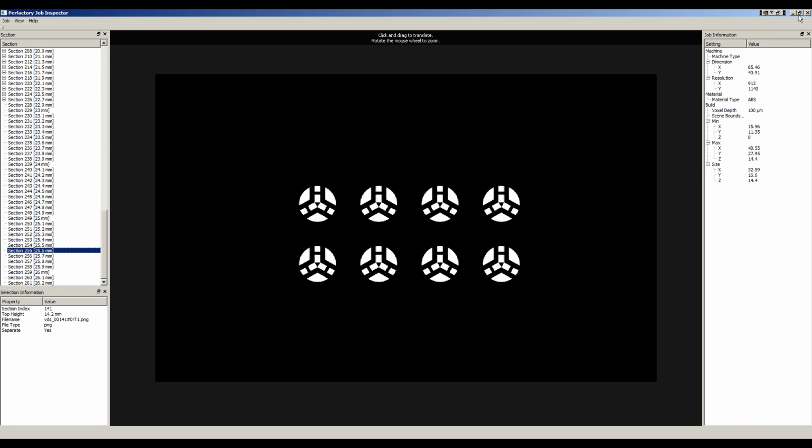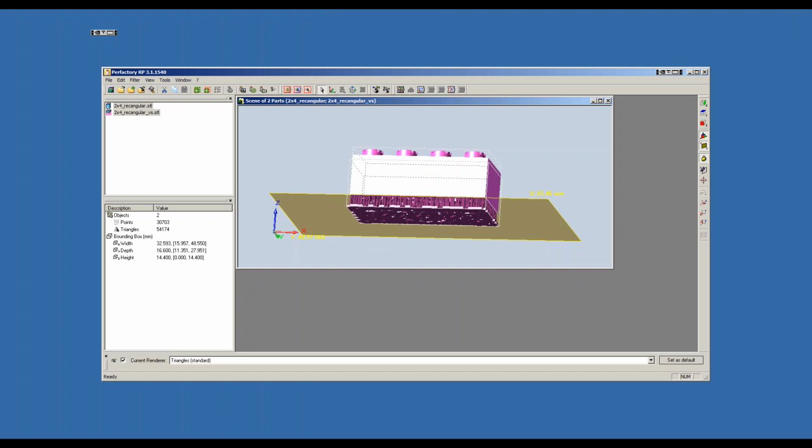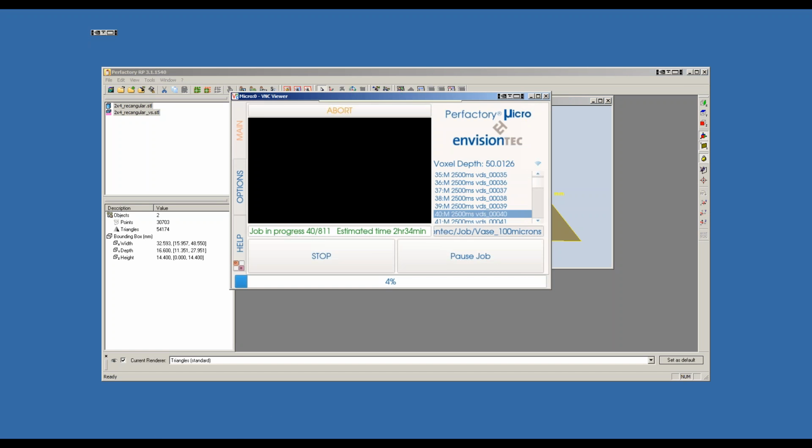So you can examine what your build is like, and then you can transfer it to the printer either via USB, or if you have the printer added as a drive on your computer, which I don't currently have, you can drag and drop to move the build file over to the printer. If I open up the printer control panel, notice